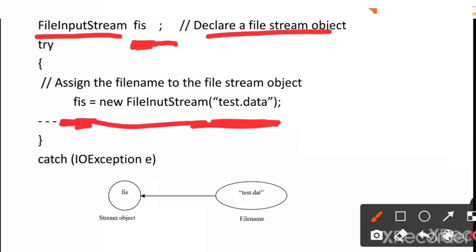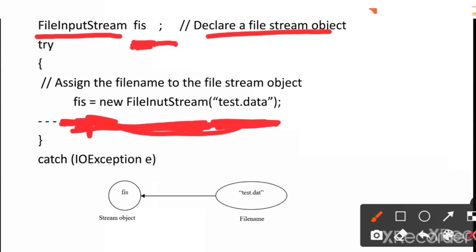We write FIS equal to new FileInputStream. This is a constructor. Through this constructor, I'm linking the file to the file object. What is that file? You have to specify the file name properly, that is test.data here. You can even specify a text document by writing test.txt.